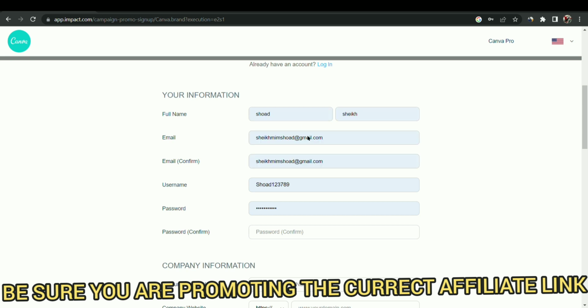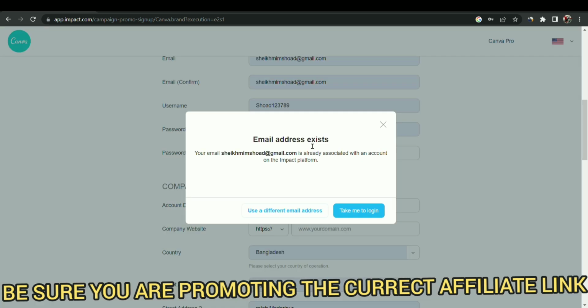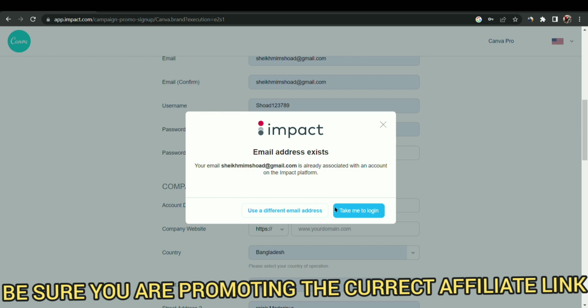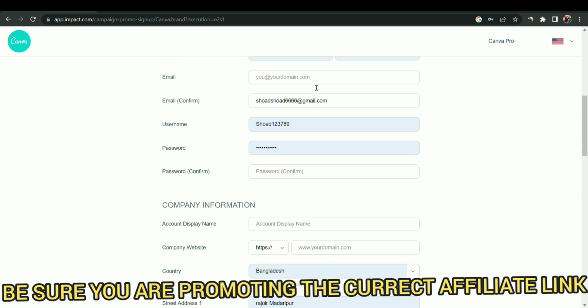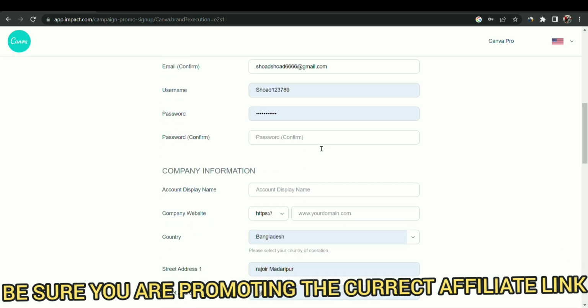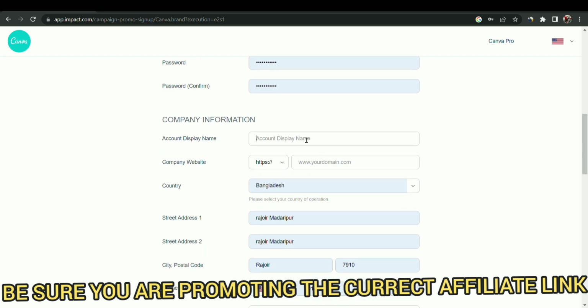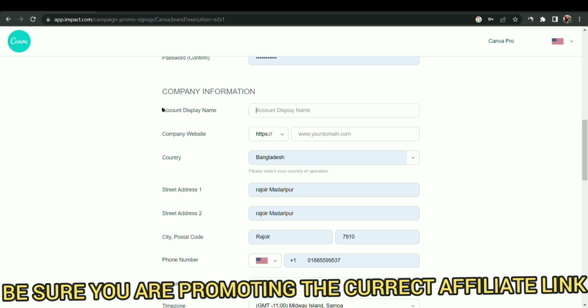Okay, I will use a different mail address here. I already have an account with that. Control A, C, Control V. Okay, I have given a password. Now a display name. The account display name will be your name, and your company website name will be